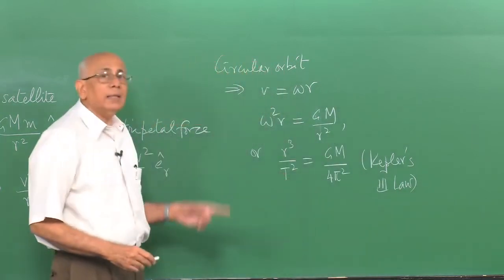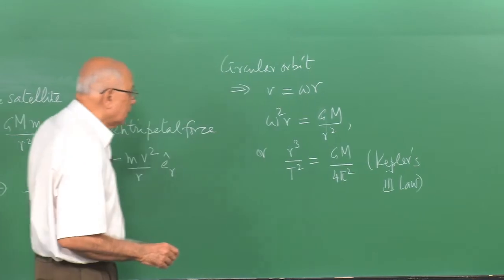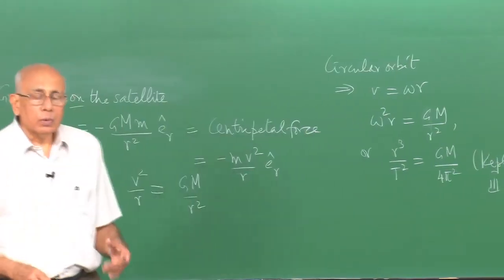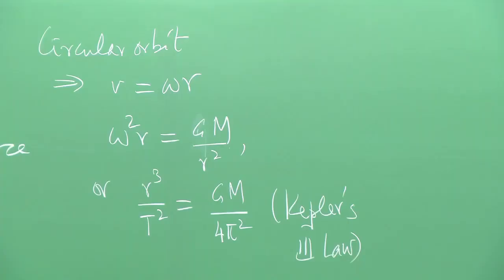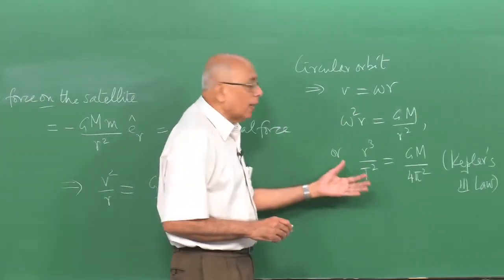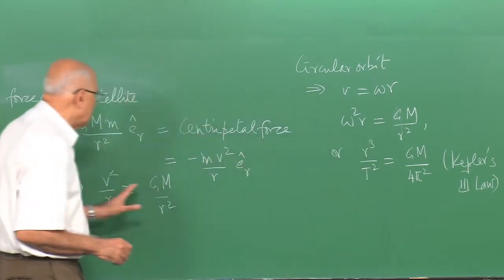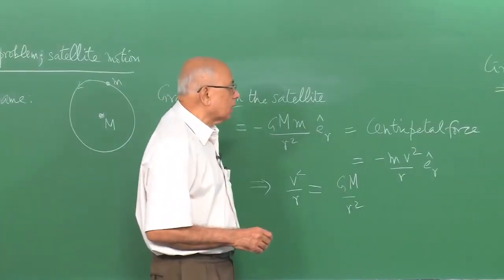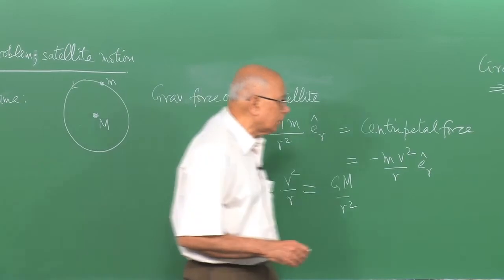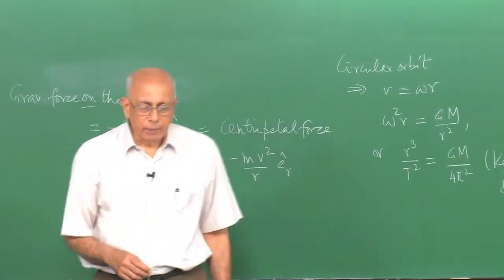Kepler's third law in the special case of a circular orbit of radius r. We know that Kepler's third law is applicable even to elliptic orbits, and we saw last time that a simple scaling argument for the Coulomb potential or Coulomb force tells you why this is so. But this law arises very simply in this framework for a circular orbit. It's a simple derivation of Kepler's third law, that r cubed is proportional to T squared,